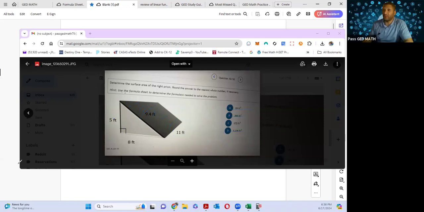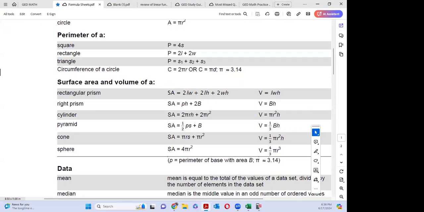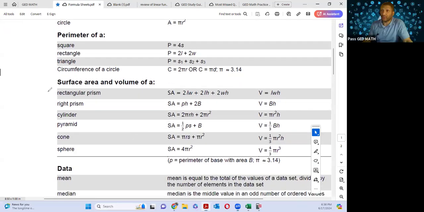So what they're going to give you is, let me show you a formula sheet. Hold on. Formula sheet here, surface area. So it's two shapes, right? They're going to write prism right there. I'm sorry, it could be on there. I've never even seen a right prism on here a day in my life. That's wild. So you can use this formula here, where P stands for the perimeter, H stands for the height,